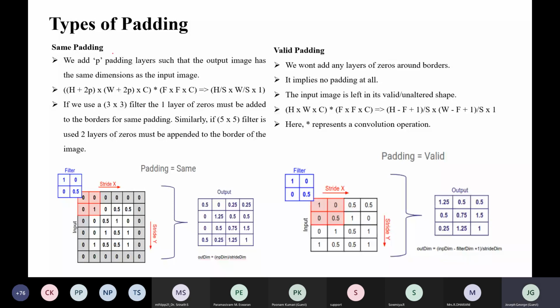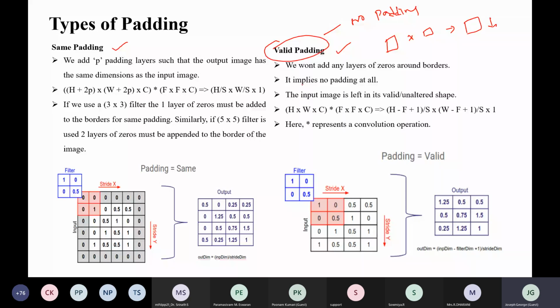Valid means no padding. So when you are giving an input image, after the convolution operation with the kernel, the size will be reduced. The size of the activation map will be reduced if you are using valid padding.